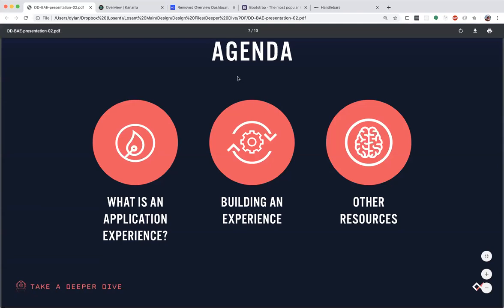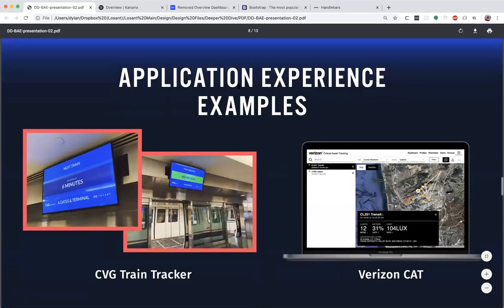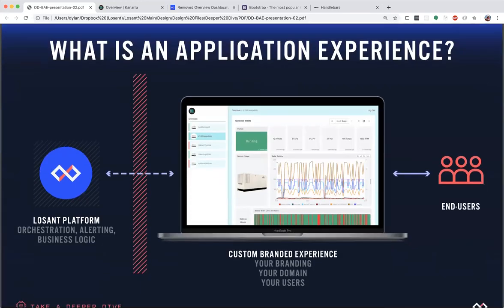So just the first question, which describes you, and if you would identify yourself as an engineer, what sort of engineer would you call yourself? Be it a web developer, hardware engineer, etc. Give you a couple minutes to go over that. And while you're looking over that poll, I'll go ahead and move on to what is an application experience.